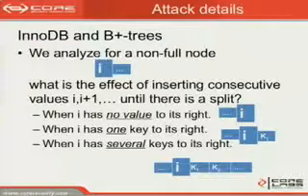So the attacker only knows that there's one node whose rightmost, biggest value is I. Another case is the same, but when there's only one value to the right, which I call K1, and the other case is when there are several values, K1, K2. These nodes are not full, and